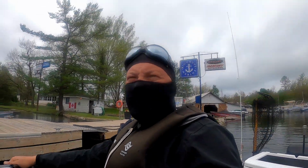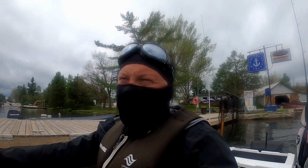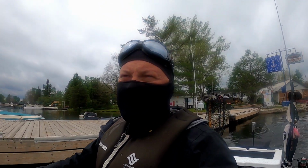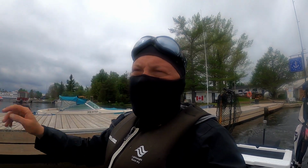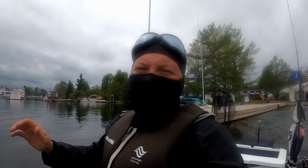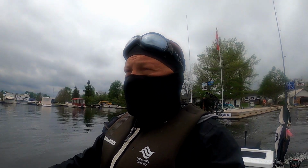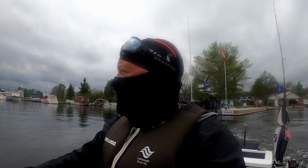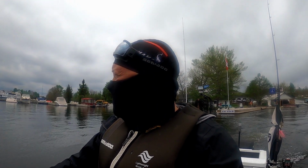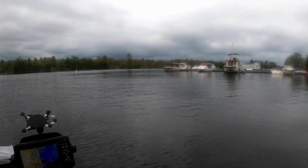Guys, so we made it over to the big chute. I just had no bars of gas and I wanted to check something out once we get out of this marina, off of this lock, so I figured fill it up. Now what stopping here cost me is $105 to fill this thing up, which is insane, but what can you do? And as a result, I also believe I missed the lock because it was coming up as I pulled in,